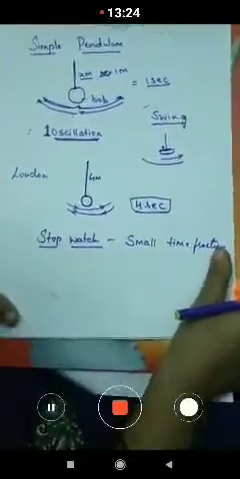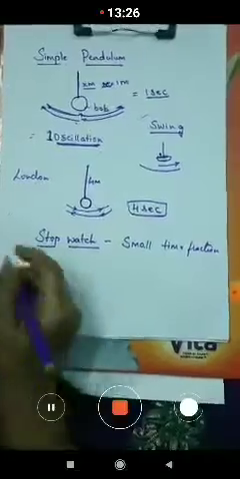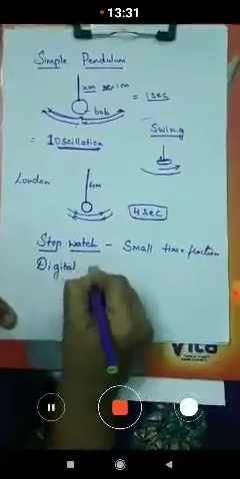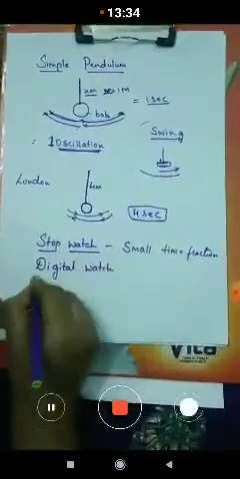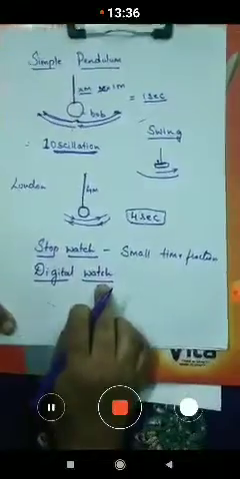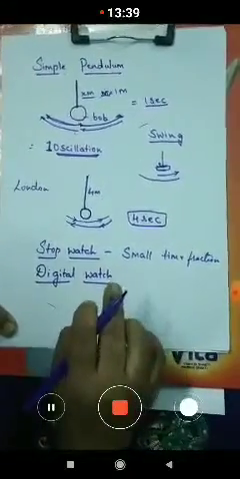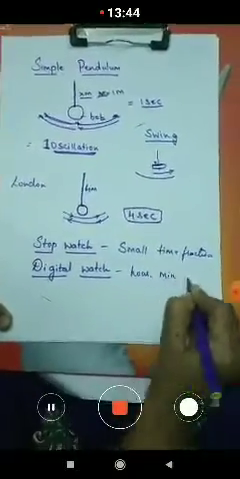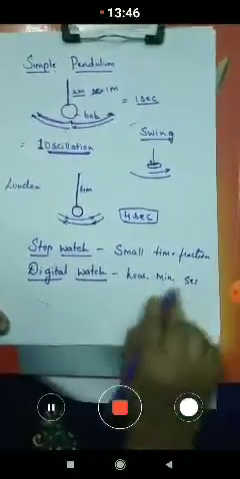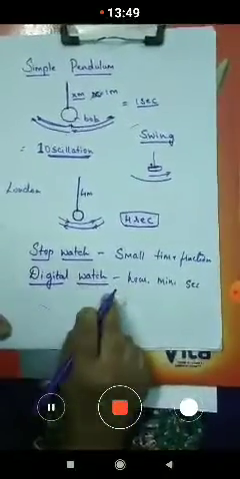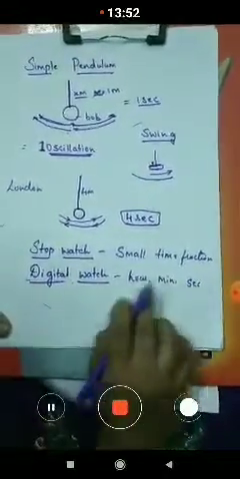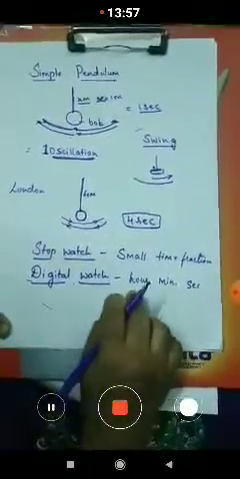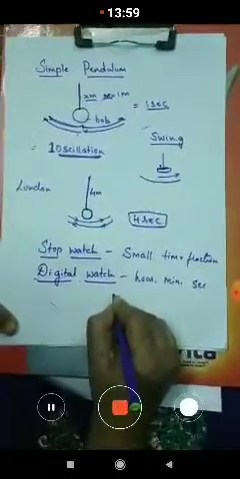Okay. So next, nowadays we are using the digital watch. What is this digital watch? I think everyone has a watch or clock at home. You will have the hour hand, the minute hand and the second hand. So these three hands will be there in a clock. In the digital watch, you will not have any hour hand, minute hand or second hand. You will have the time, the hours, the minutes, everything in digit form.